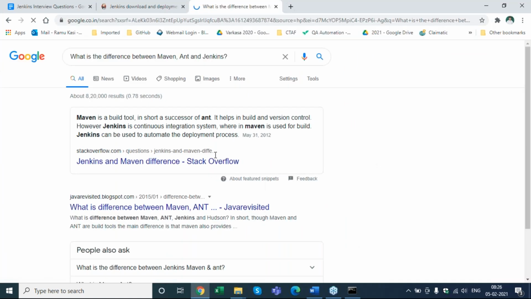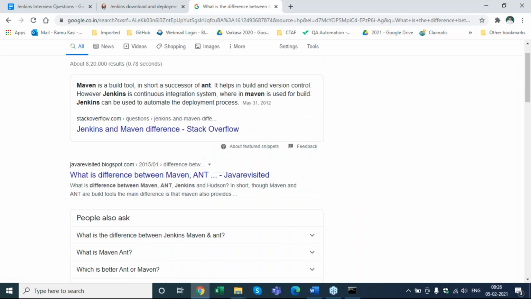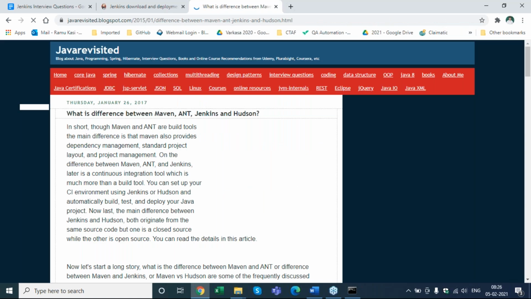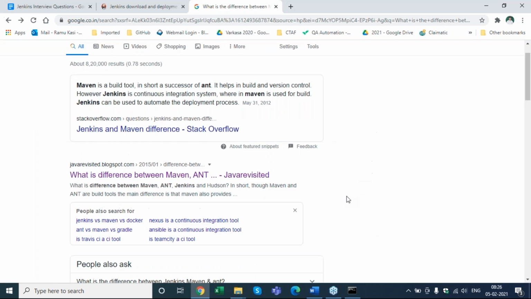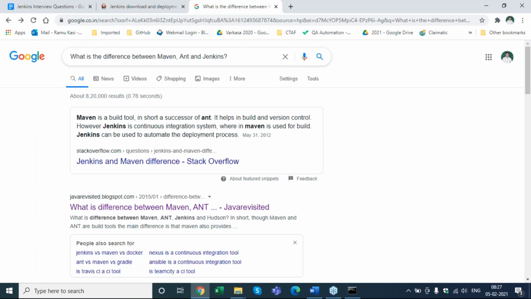Yeah. Okay, what is the difference? Yeah, I'm just trying to look for the major difference. Let's pick something else. Yeah.